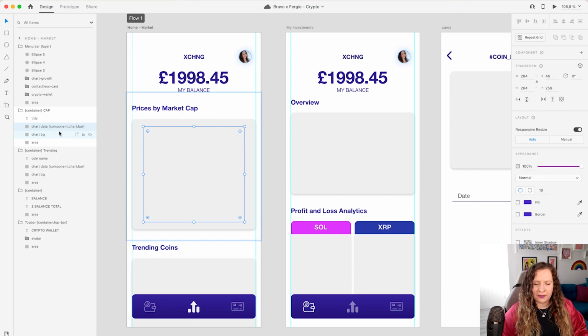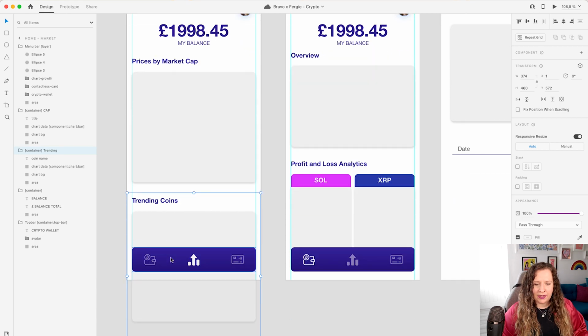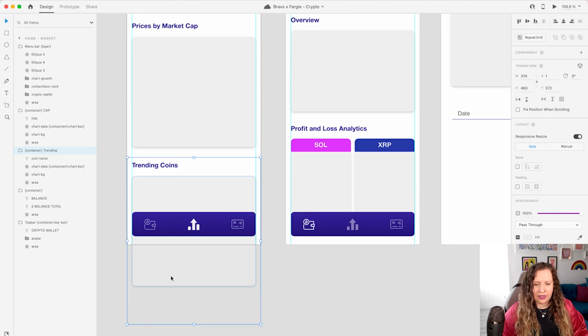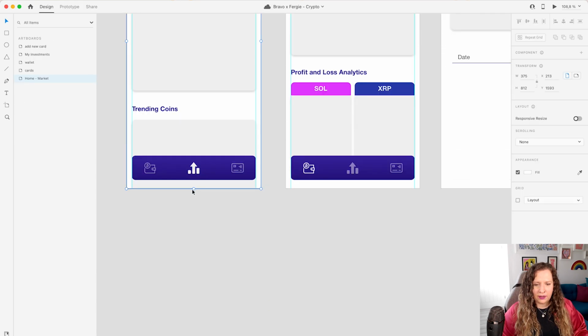The rest of the details I'll show you are added when we're in Bravo Studio binding the data. So then here where I've got the trending coins, it is exactly the same thing. I've basically made a copy, renamed it, given it a new title. And you can see this one goes off of the screen here. Now that's totally fine. You could adjust the artboard height if you want to, but you don't really need to